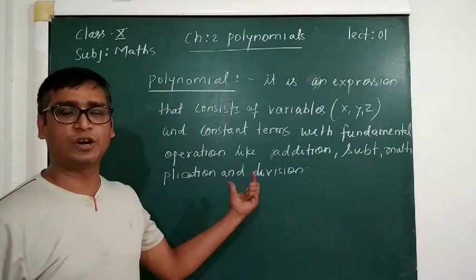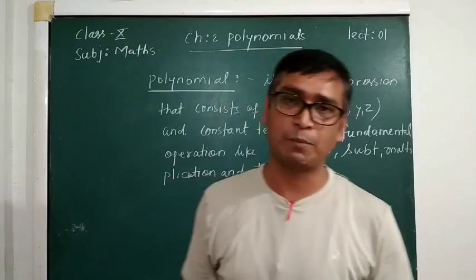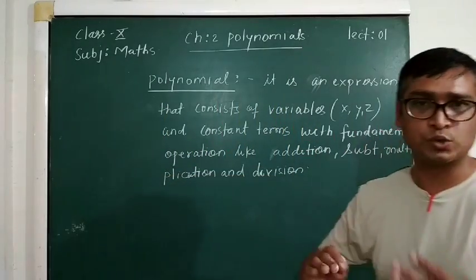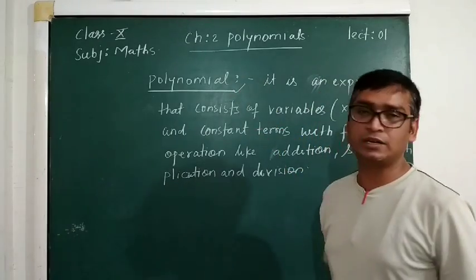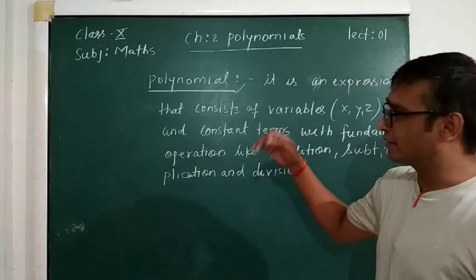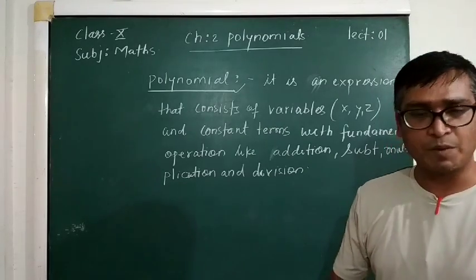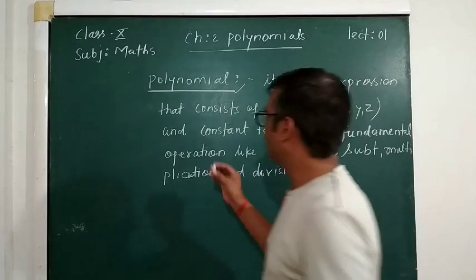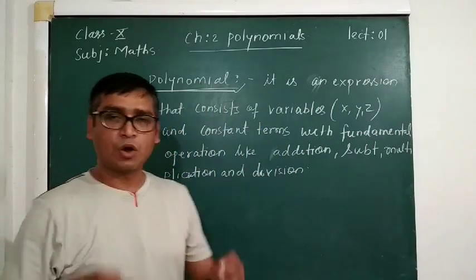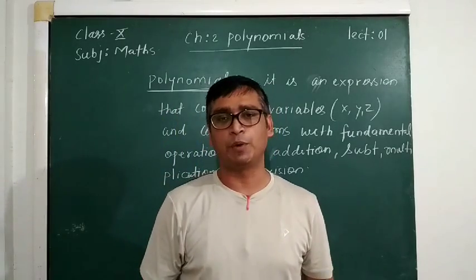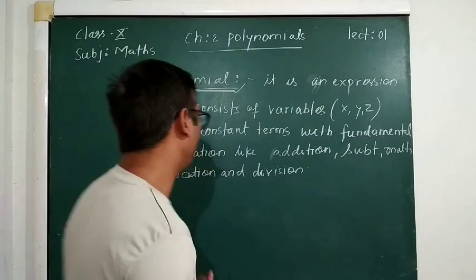So this you have already studied in class 9th. Now in class 9th we had studied about the polynomials and their types. So in class 9th their types were divided on the basis of the terms involved. So in class 10th we will discuss a little bit broader than 9th. So we will discuss the types of polynomial depending on the degree of the polynomials. Now what is the degree of polynomials? We will come to know this.